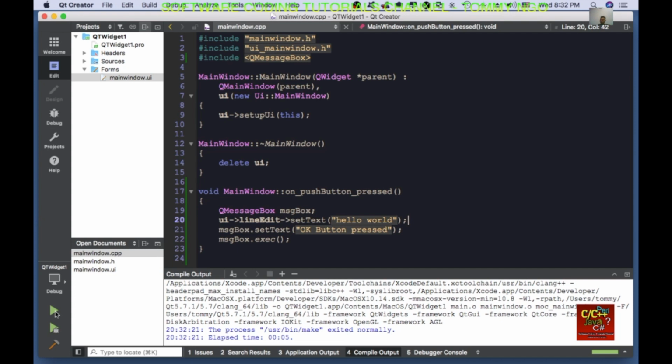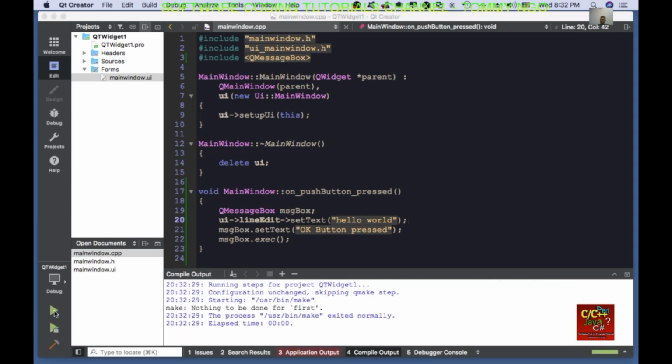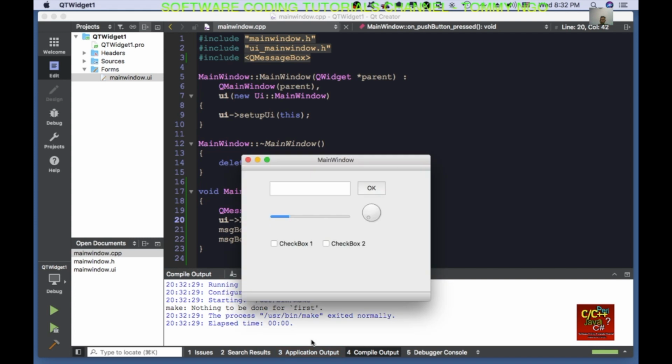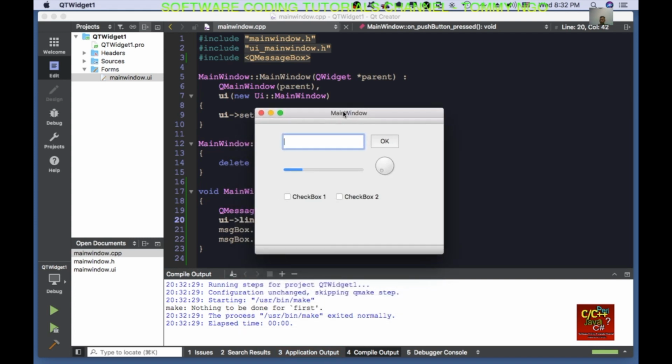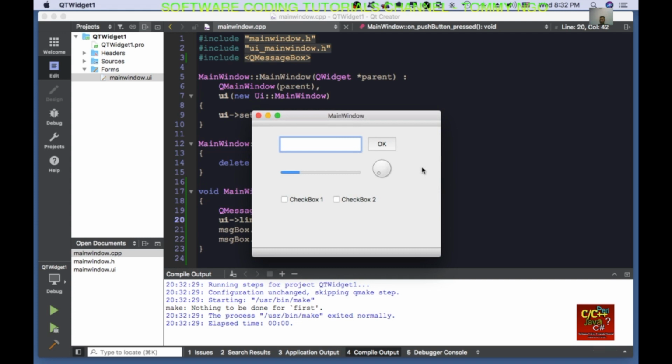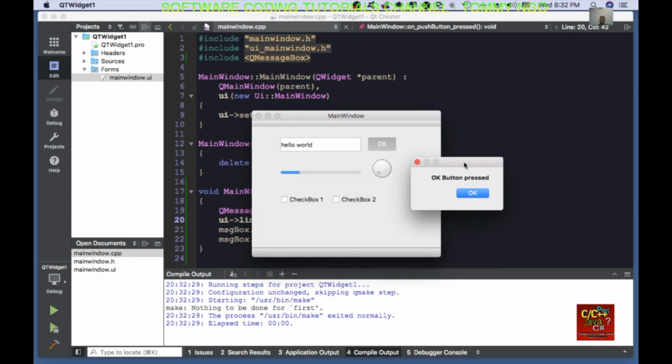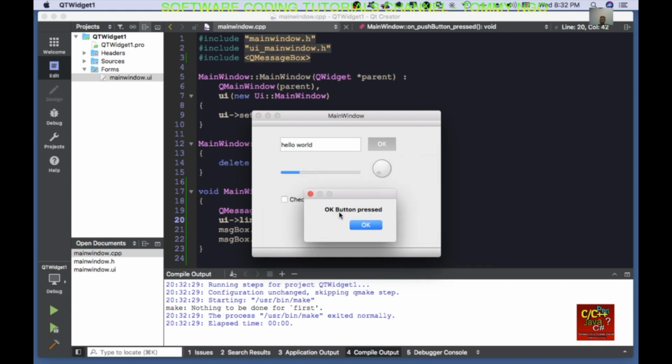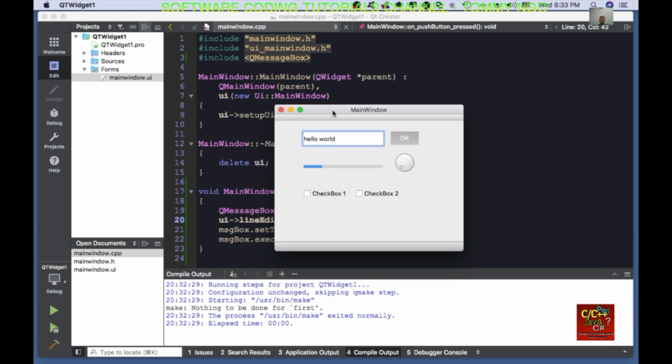Okay, go ahead and click on this green button to run, and you can see that we have this application window. To test what's going to happen if you click on OK, you can see another window pops up and says OK button was pressed, and you can see the words hello world being populated in our line edit text box. Okay, so now just close the application by clicking the X button here on the Mac,